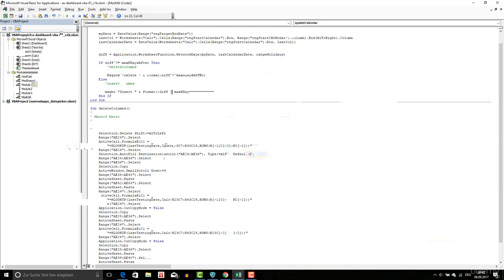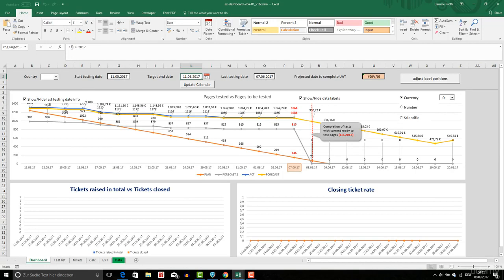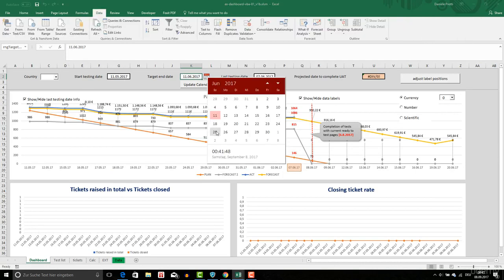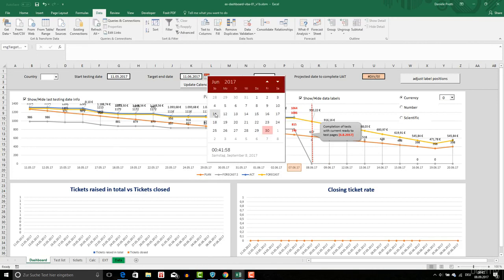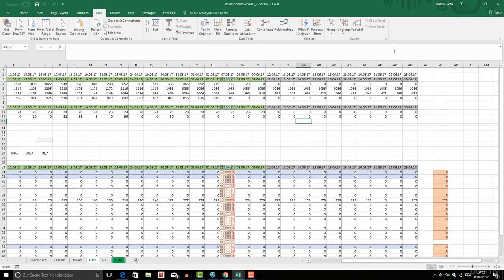delete 5. Okay, if I change this and I type, I'm going to do this. Okay, I click on OK. Insert 11. Okay, so I'm going to delete or insert rows. These formulas. Okay,